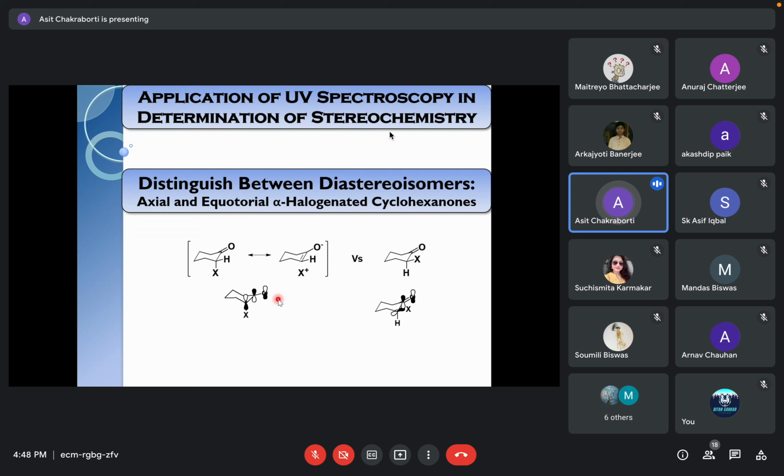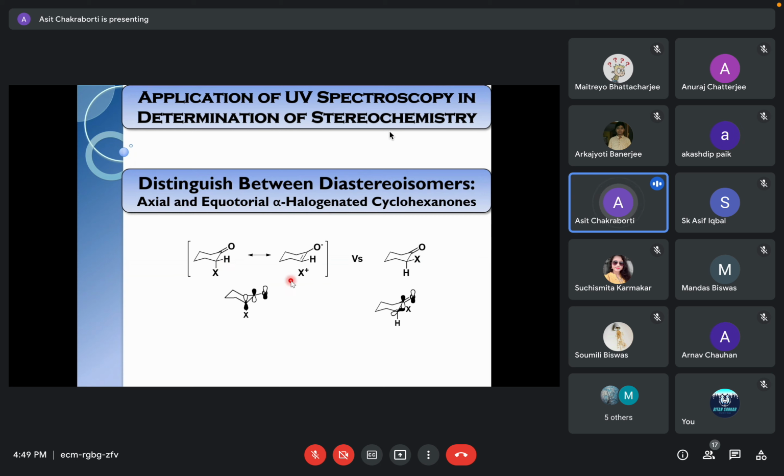You may not have the exact value. If you have separated the compounds, and it's a bromo compound, they can be diastereoisomers, so their melting points vary. If it's a bicyclic ketone, it will give a solid compound. I have not checked whether cyclohexanone will give a solid or not. You separate them, you know there are two different compounds. You do not have to do a routine analysis for that. You only take their UV value. The higher one is going to be axially disposed and the lower one is going to be equatorial.